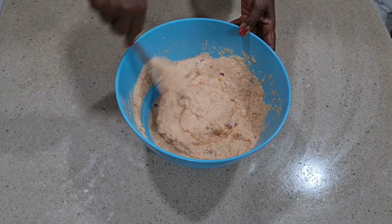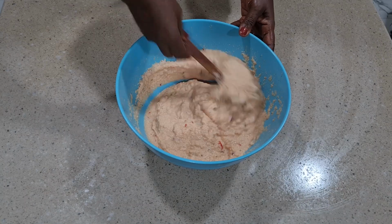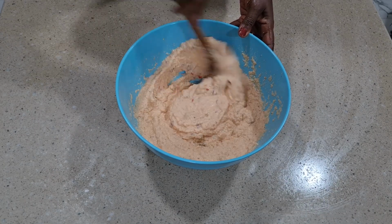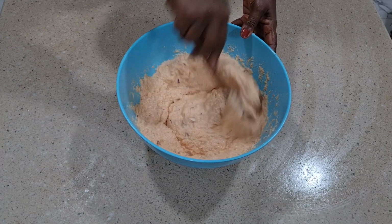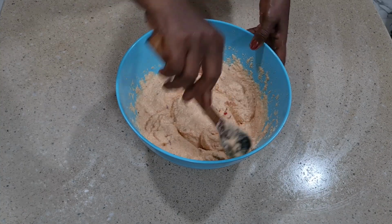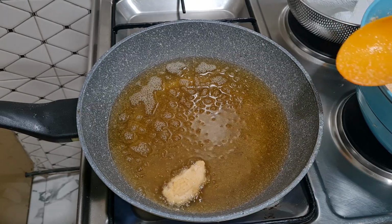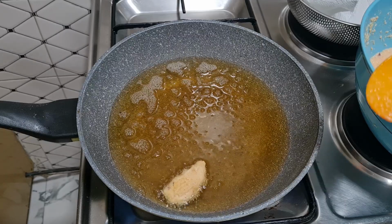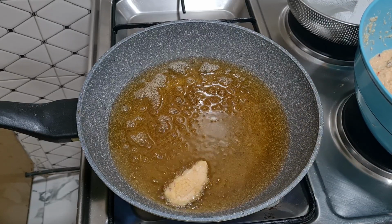So while doing this, the oil is already on the fire getting hot. You can see how colorful here. You have red, you have purple, and you have yellow. So colorful. So now it's time for us to fry. You can see the oil is hot now because I just added that little one to know if the oil is hot, so I can go ahead now and start